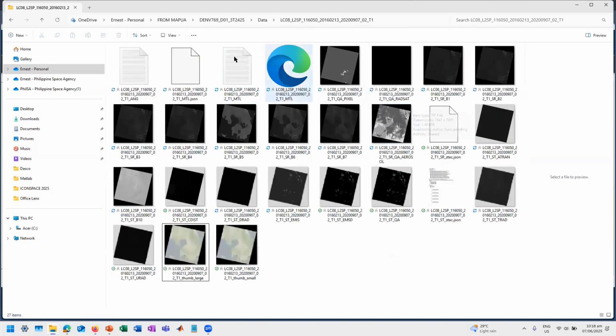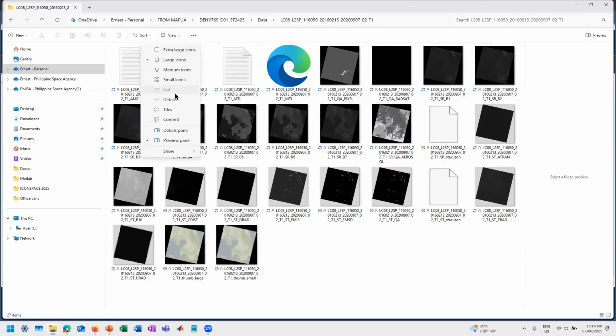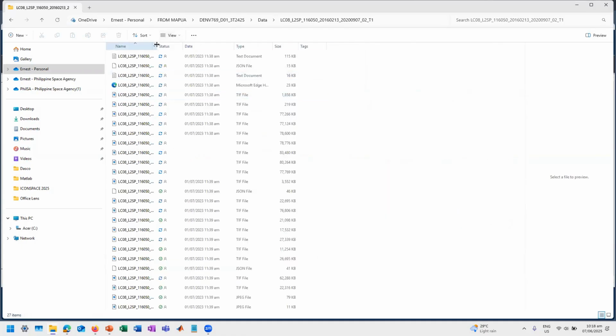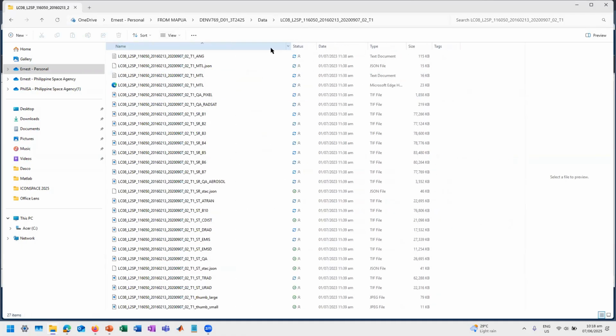So, paano natin malalaman yung band? So, if we're going to change the view here to detail, how do we know the band? So, ito siya. So, SR is spectral radiance. This is band 1, 2, 3, 4, 5, 6, 7. Okay, and then this is band 10.